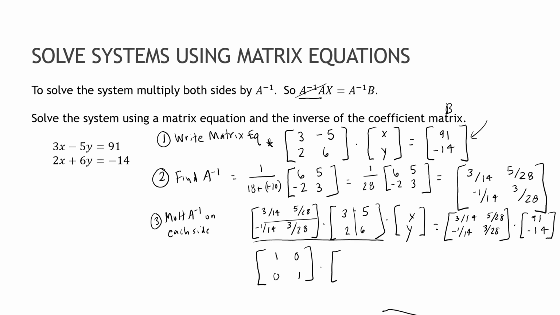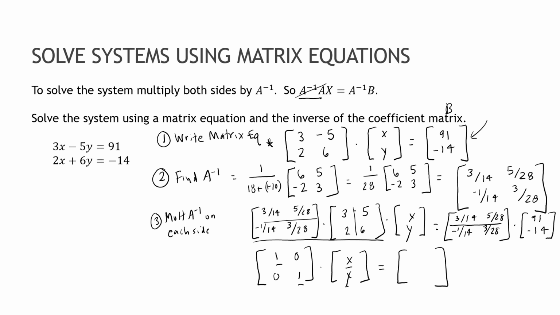I'll still have times xy, and so now it should look kind of like it did when we were looking at Gaussian and Gauss-Jordan, because essentially I'm saying 1x equals some answer, and 1y equals some answer. So let's work on finding the answer. I'm going to take